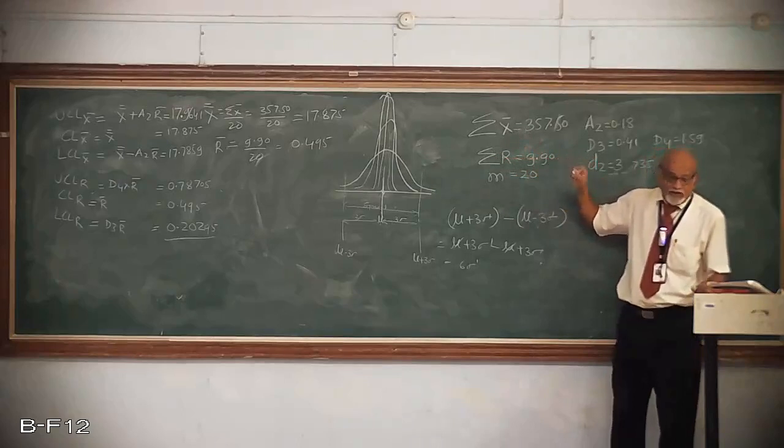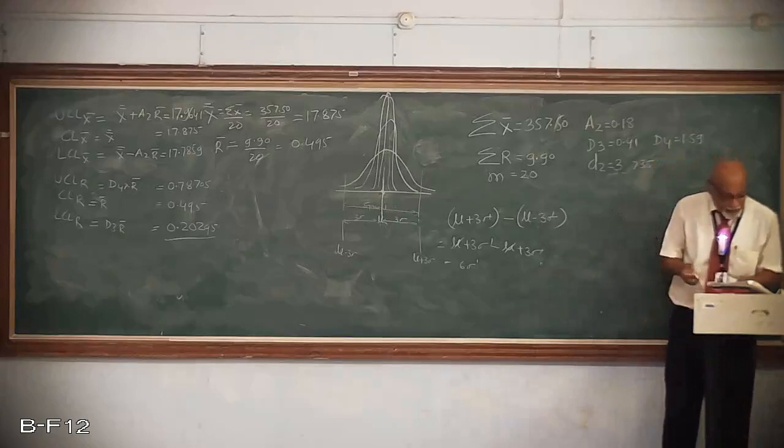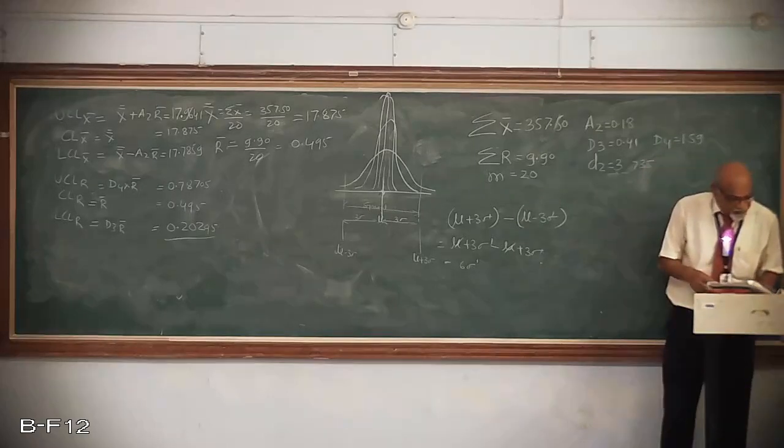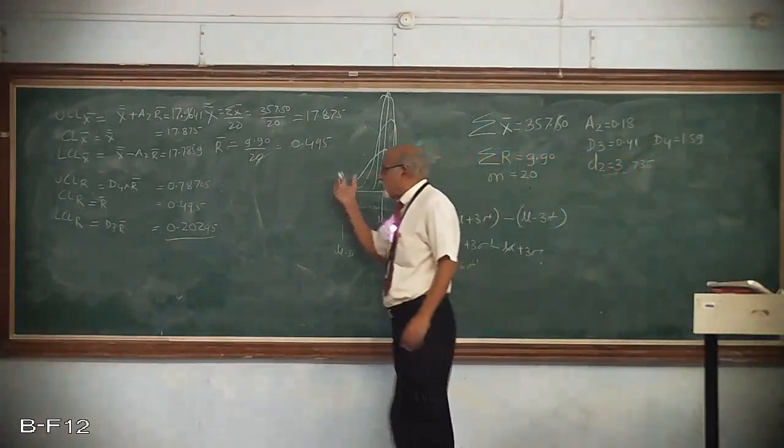What about this one? It is not mentioned here. He just says, also find the process capability. But assuming what he had mentioned in the previous example, on the assumption that the process is in statistical control, find out the process capability on the assumption that